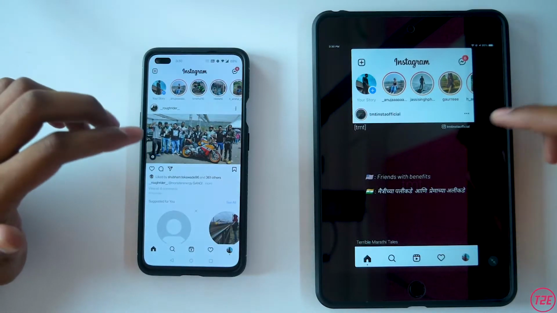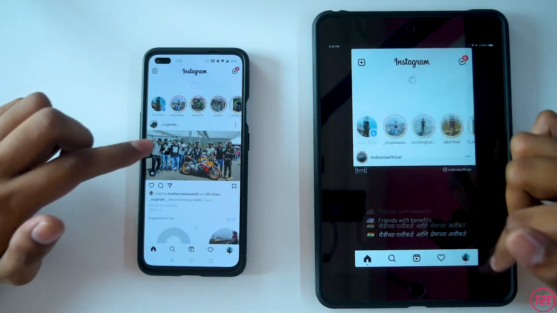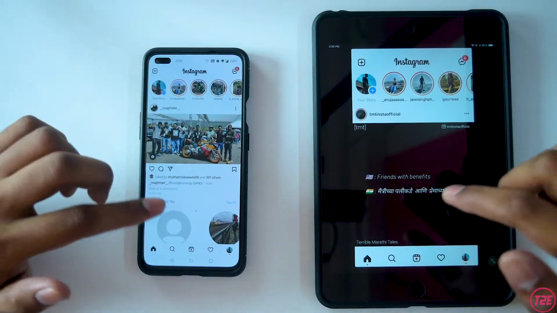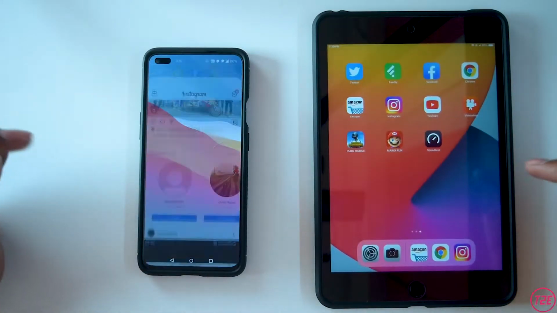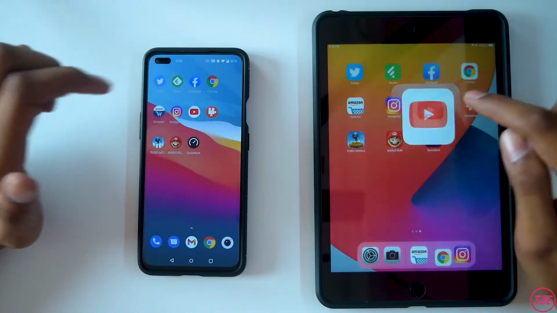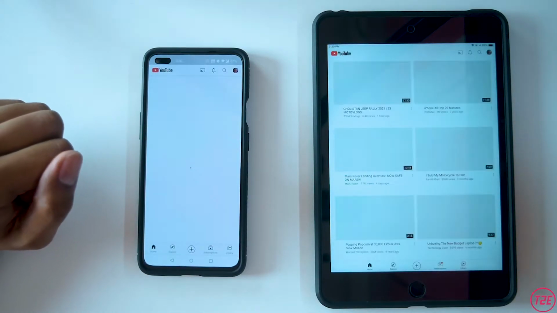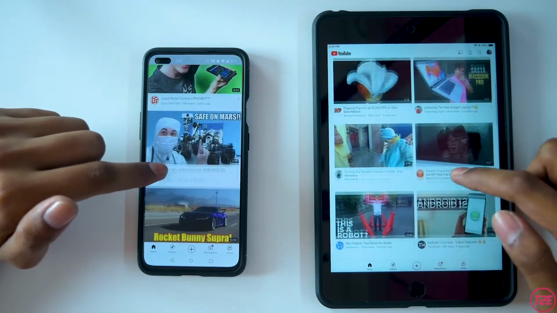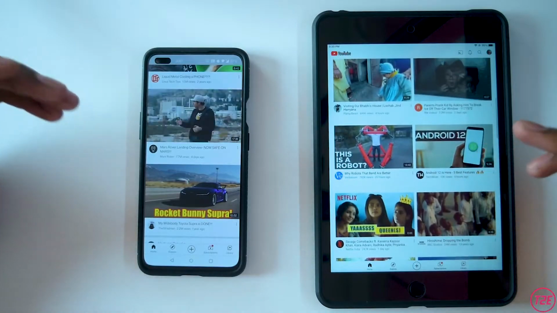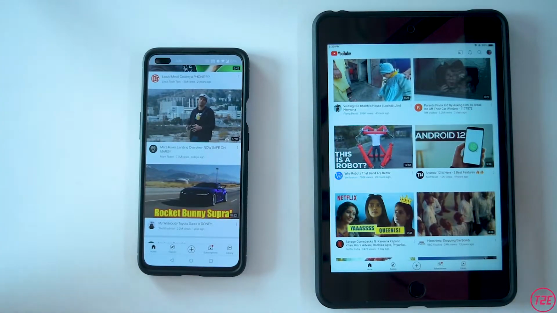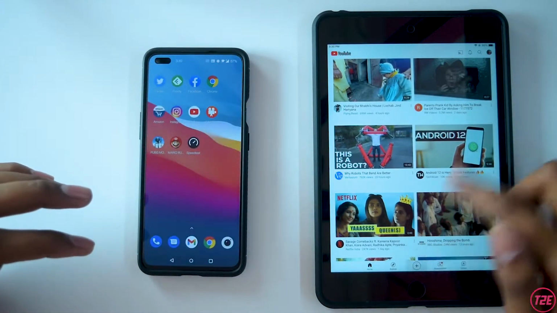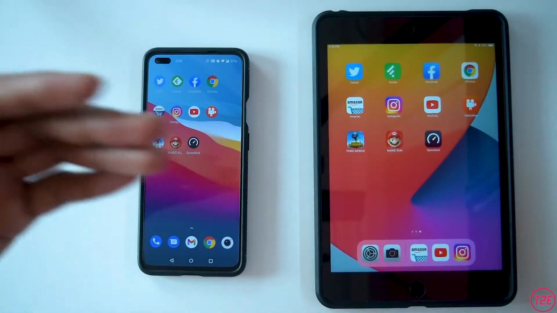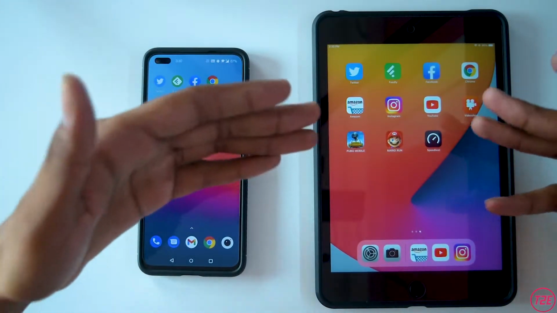Okay, Instagram has just loaded as well. I will just quickly refresh it on both of them, and we will see if it stays in memory. Going on to the next tab is YouTube. Okay, YouTube also opened pretty close, like both of them loaded it, slow, fast, like there was no difference literally. That's really surprising for a 2-year-old device which was launched in 2018.